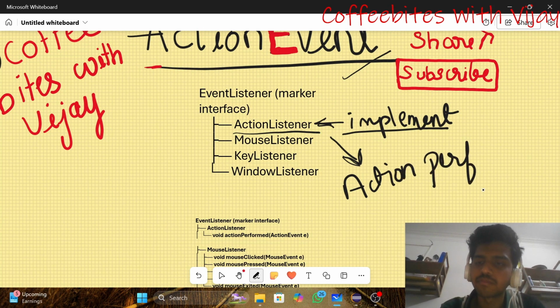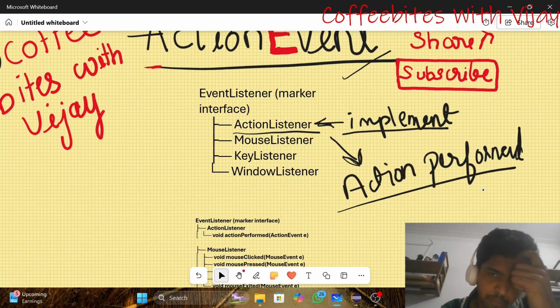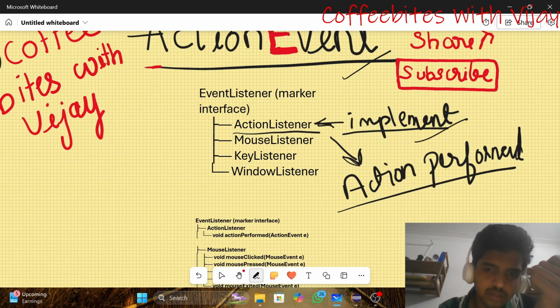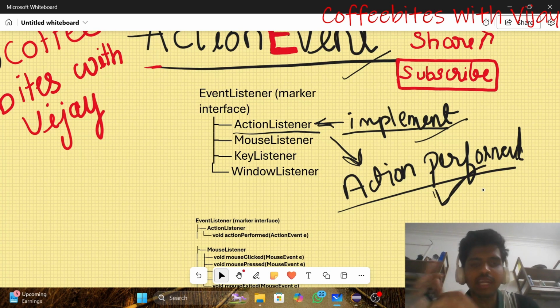This is the method name. Inside the action listener, I have only one method, and that method is action performed.